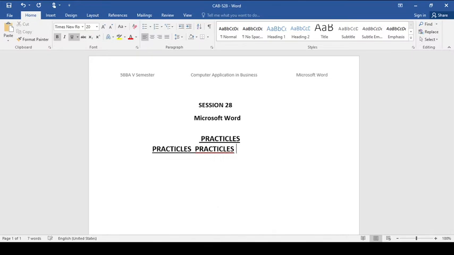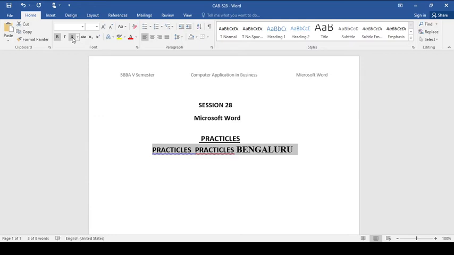So anything now I type, Bengaluru. See, we can see the size of the font is different, and the font pattern also is different. The previous practicals is in Calibri, and this, if I say, is Times Roman. And if we just look at this, the entire content is getting an underline. That means we have an option here. If we want to deselect or we don't want the underline, just select the material or content and go for this U button.